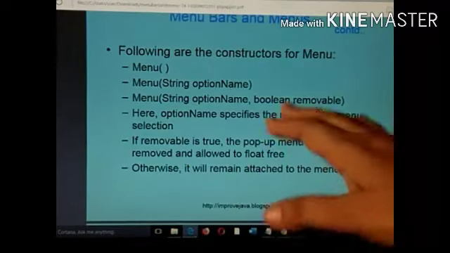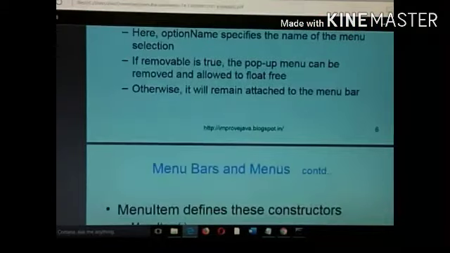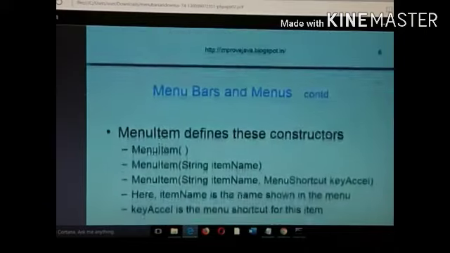Otherwise, it will be attached to the menu bar.